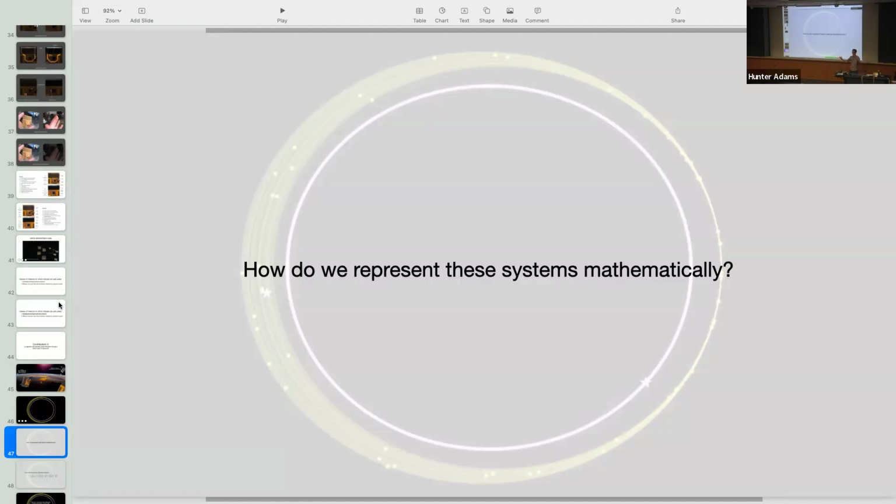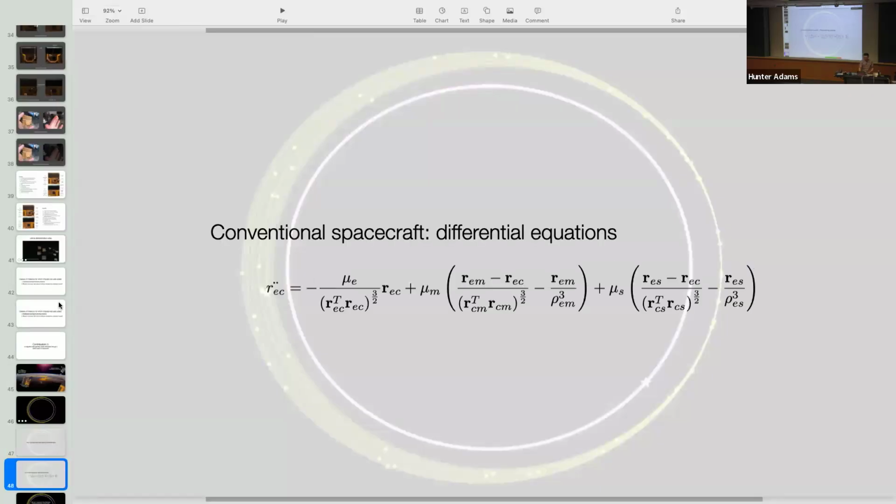If you have a conventional satellite, like a Cassini, or one of the NASA flagships, New Horizons, or whatever it is, when you're thinking about where that spacecraft is as a function of time, you're going to be using differential equations. Because if that thing costs $1 billion, my God, do you care where it is and how it's moving, right? And so if you're modeling the location in space of a conventional spacecraft, you're using equations kind of sort of like this, right?